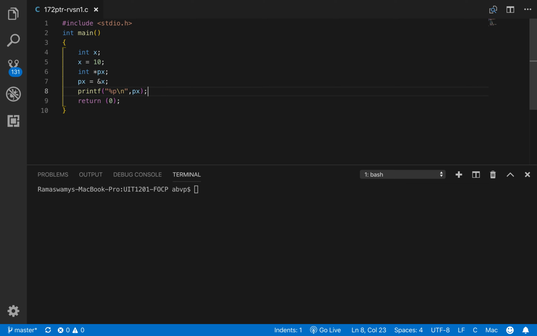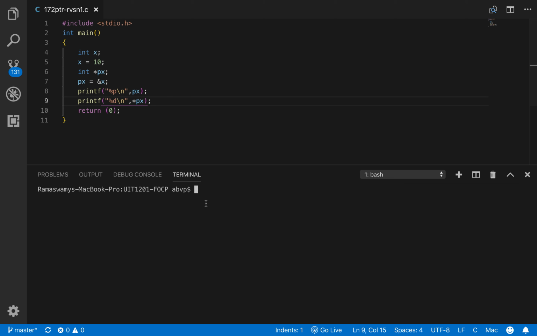Let us print the address, and also let us print the value at this address, which is 10. To print the value at the address, we make use of the asterisk operator. The value at the address is an integer, so let us change %p to %d.